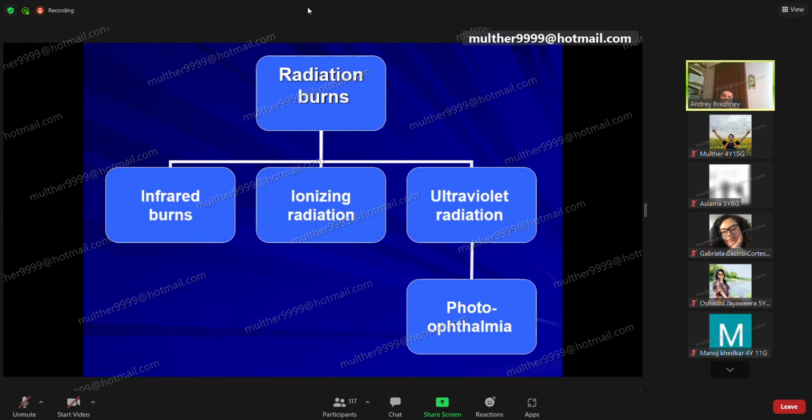Now it's a very, very small risk of such complication because of the good prophylaxis, use of special glasses, special industrial goggles, and the main complication of infrared burns is cataract formation, which can be treated according to the general rules of